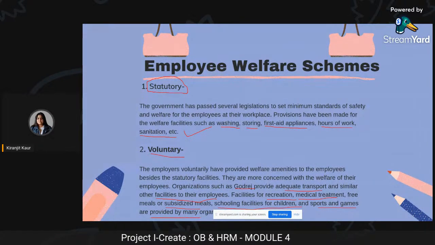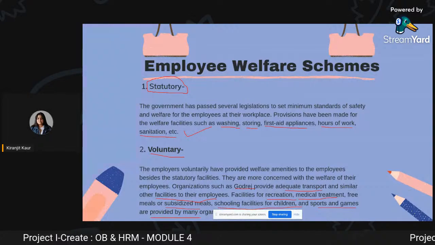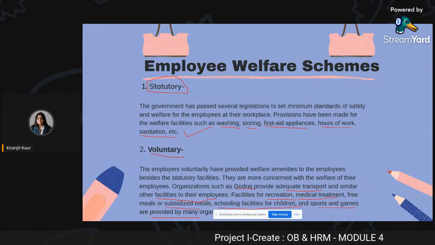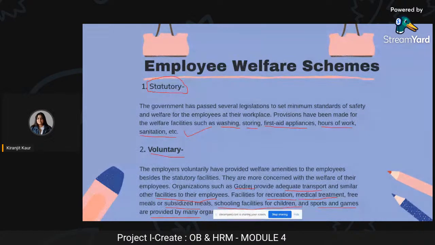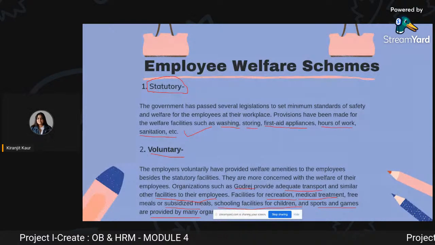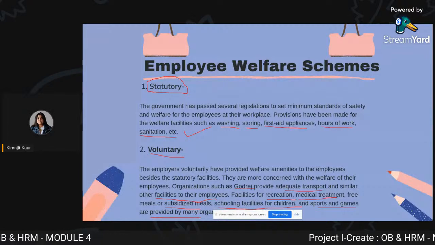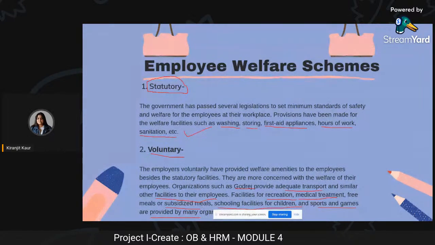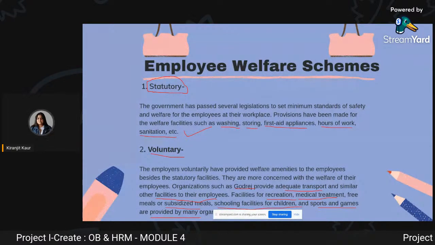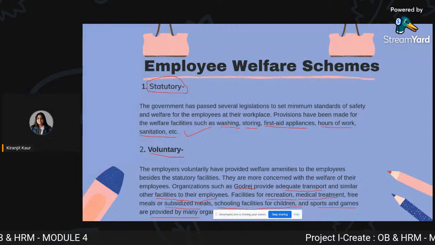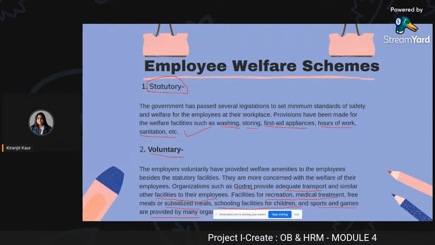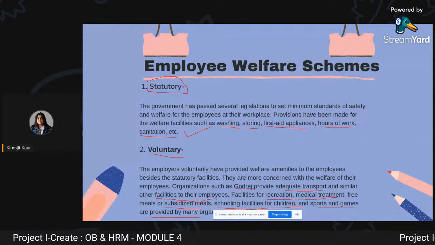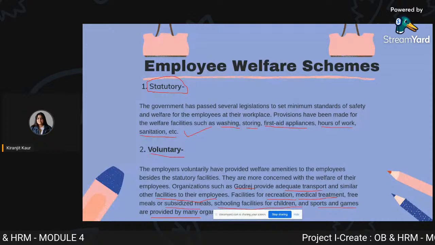As I told you, in the voluntary scheme, the facilities are provided by the organization according to what they want to give their employees. Some organizations think that if they pay the employees' transport fees, then their stress will be reduced. And some organizations pay their children's fees so that the employee's stress will reduce, and they will focus more on the job. So these are the different kinds of schemes that organizations offer on a voluntary basis, and we can also opt for them if we are doing any kind of business.